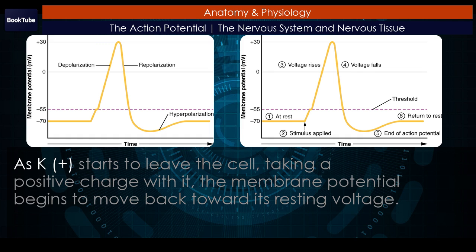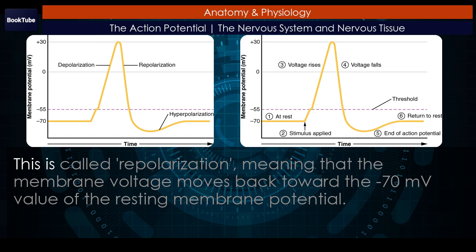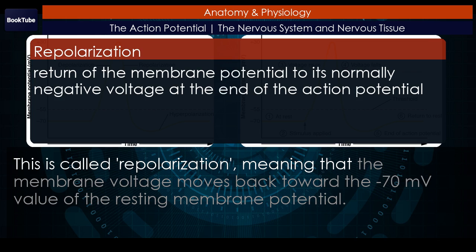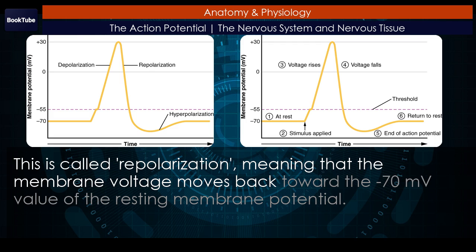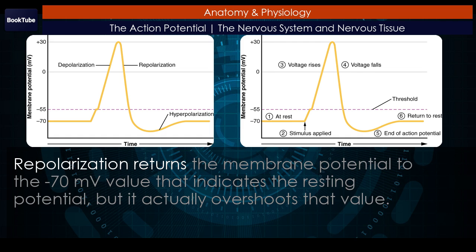As K+ starts to leave the cell, taking a positive charge with it, the membrane potential begins to move back toward its resting voltage. This is called repolarization, meaning that the membrane voltage moves back toward the -70 millivolts value of the resting membrane potential. Repolarization returns the membrane potential to the -70 millivolts value that indicates the resting potential, but it actually overshoots